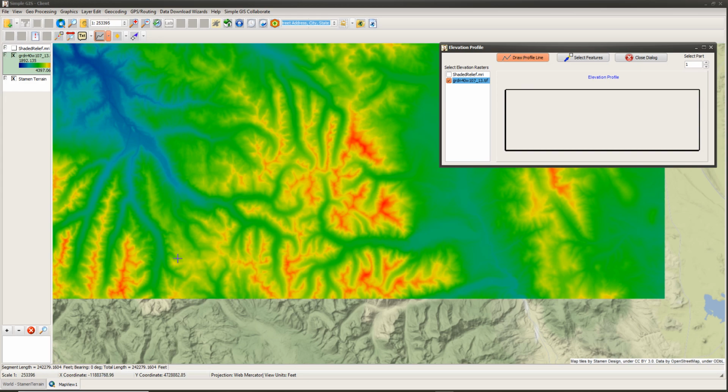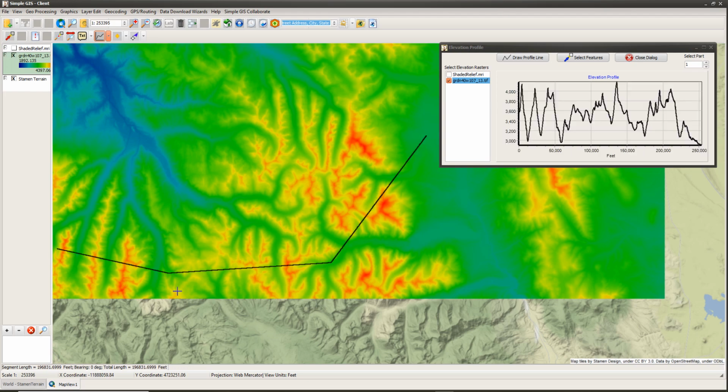And I can begin drawing a line tracking along this image. And it can be a multi-vertex line, so I could start a line here. I just simply click on the map and then click at each vertex point, so I could traverse across different areas of this particular image. And to end the line, I simply double click. It adds the line to the map, and here in the graph I now see the elevation profile along that